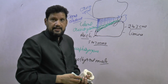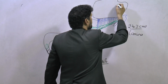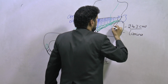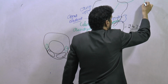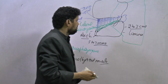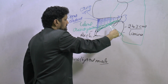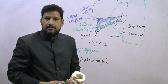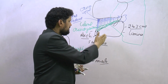Cricopharyngeus is part of inferior constrictor muscle of the pharynx. So this is the inferior constrictor muscle. This part of inferior constrictor is known as thyropharyngeus, and this part is known as cricopharyngeus. So lateral part is giving attachment to the cricopharyngeus, and this anterior part is giving attachment to the